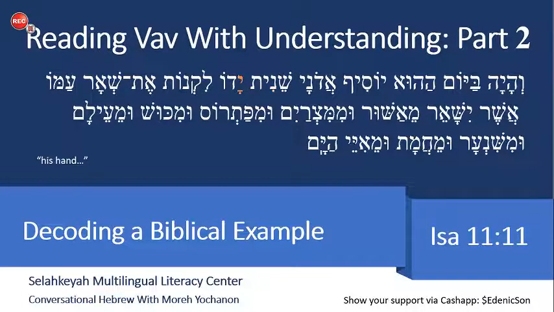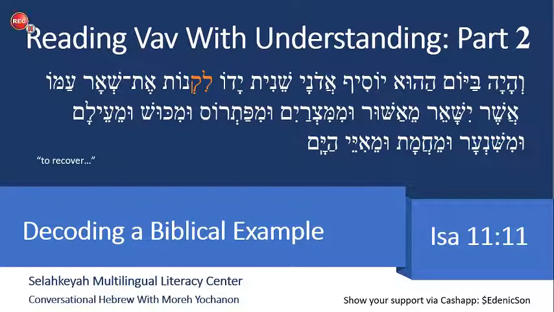Yado, right? Yado, this means hand, but we have the pronominal suffix o, which if you recall from our chart, the o is he, right? Or his hand, yad being hand, and o being his, so the hand that belongs to him. So we have Adonai, the Lord, the second time, his hand,